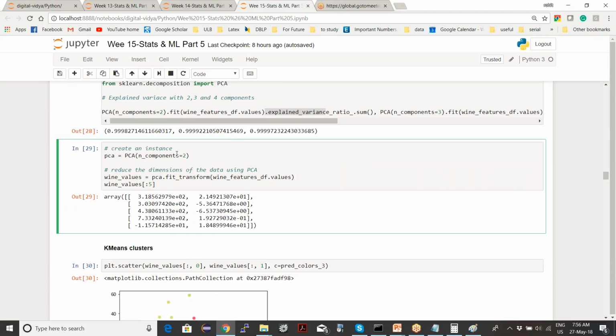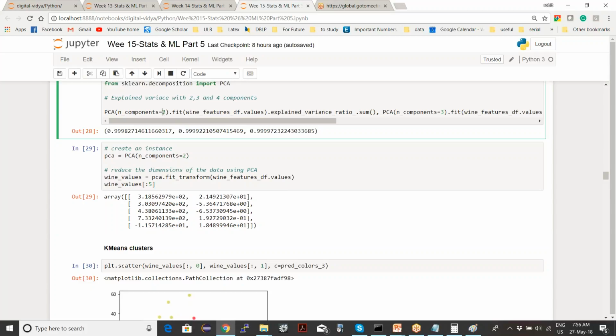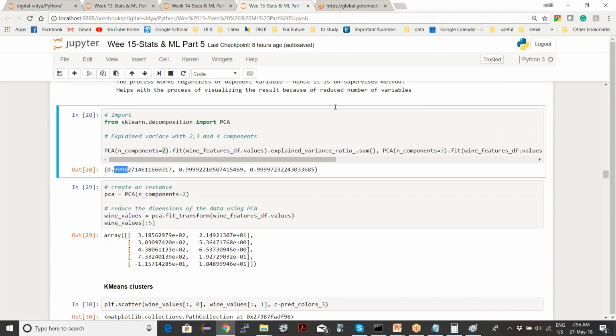So how PCA works internally is that the first dimension which it projects to has the maximum variance, and the second would be a bit less than that. By taking two dimensions, it explains around 99.98% of your dataset using just these two features. If you convert these 12 features into three features, it explains around 99.99% of your data.